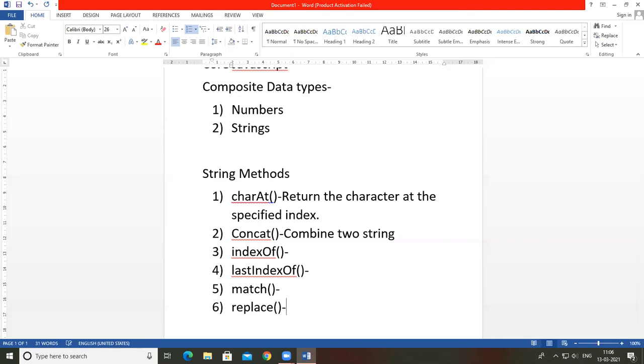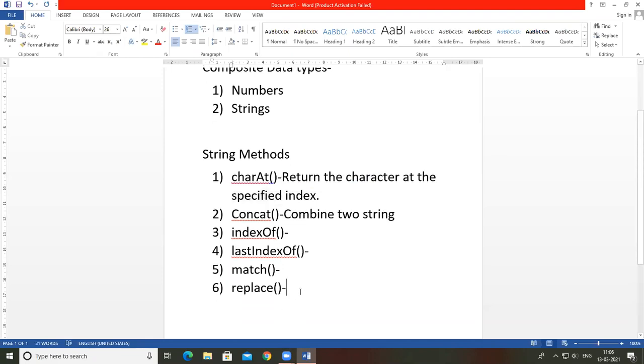The replace method is used to find a match between a regular expression and a string, and to replace the matched string with a new substring. Suppose there is a string, and I want to replace this string with another string or another word. That is done by using this replace method.